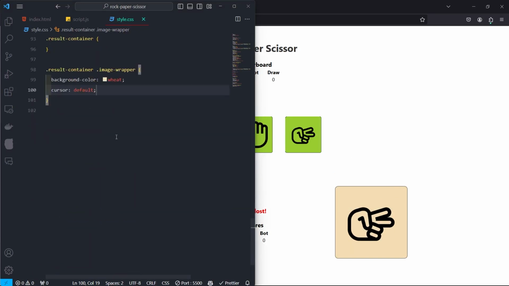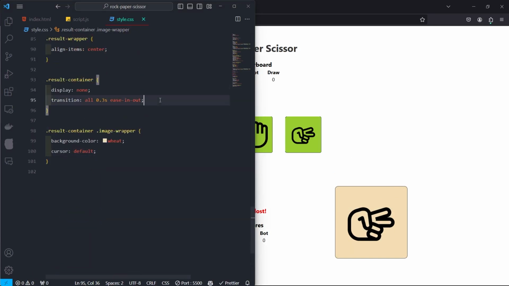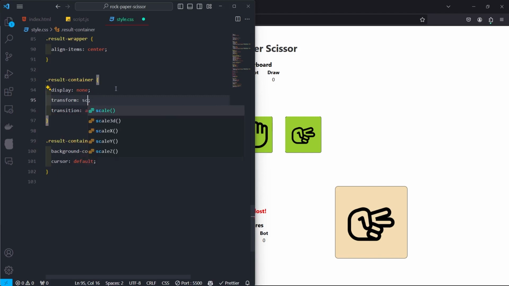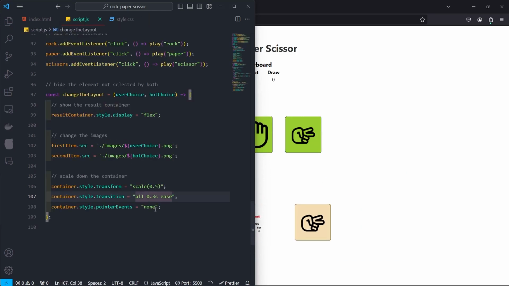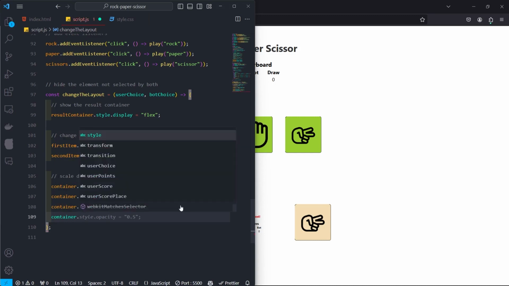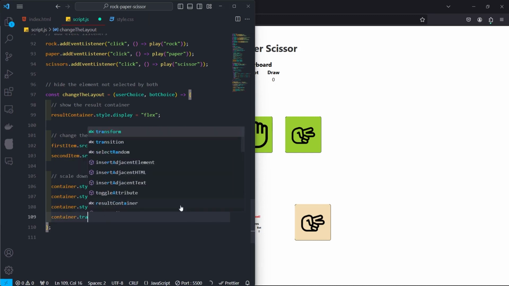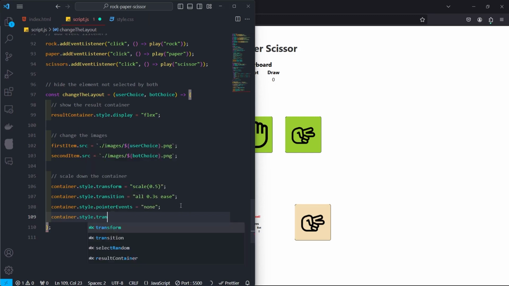And this is a result container, right? So I need some kind of a transition. Okay, I was just having the transition on result container, not this container. So that was the reason it was working out. So result container, the display none. Okay, transform, I'll just do transform scale. It's not going to be 0, but I'll have 0.5. And the initial is 0.5, but I'll have the transform, sorry, style the transform